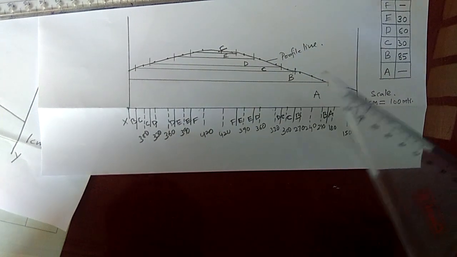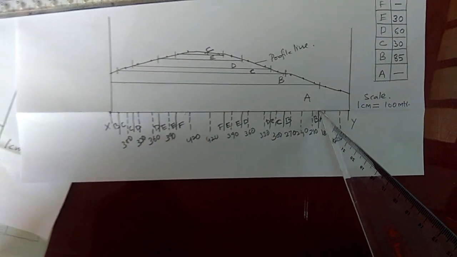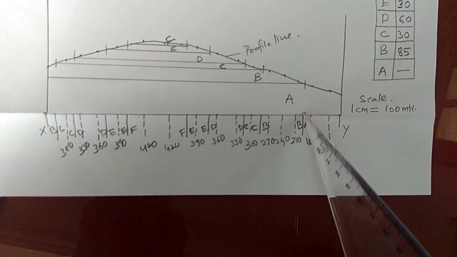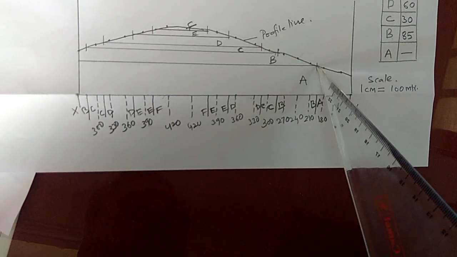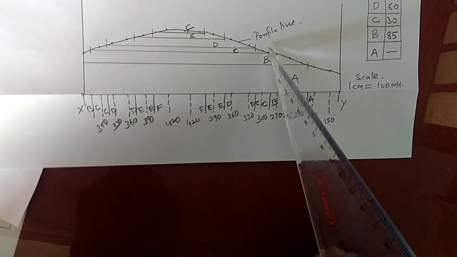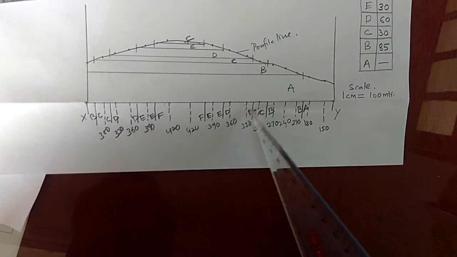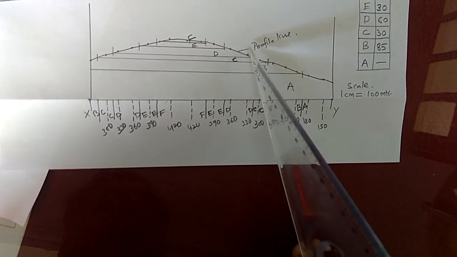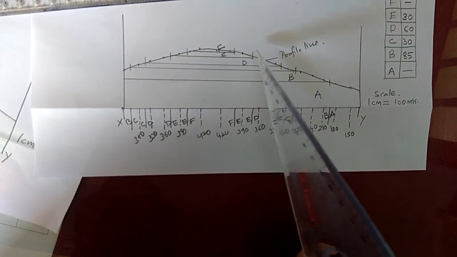This may be clear. And the next step, we have to mark just vertically above the continuous lines which we have already marked on the XY line. This is the point which indicates the B by A bedding plane. This mark is indicating the C by B bedding plane. This mark is indicating the D by C bedding plane. Likewise, we have taken all these marks.